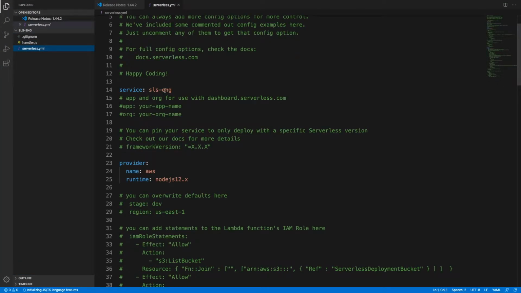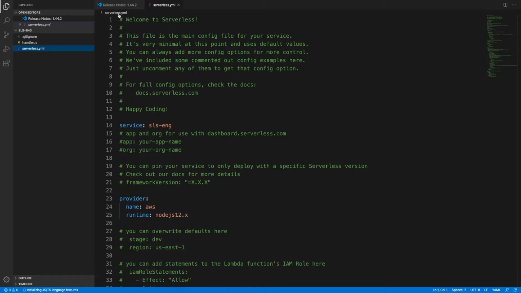Now as you can see here, this is a serverless YAML file, and this YAML file has a different format to write everything in this file. It is very sensitive to spaces, whatever spaces you are using. So let's start with the top of this file. Here we can see it says welcome to serverless and so on, and then this is the service name. You just have to write the project name here, whatever you want. I'm just going to write hello world.